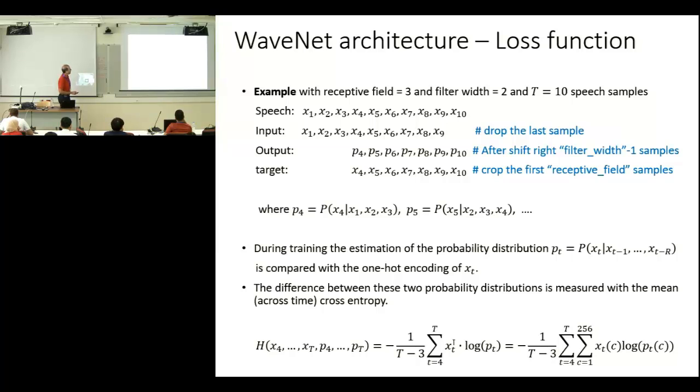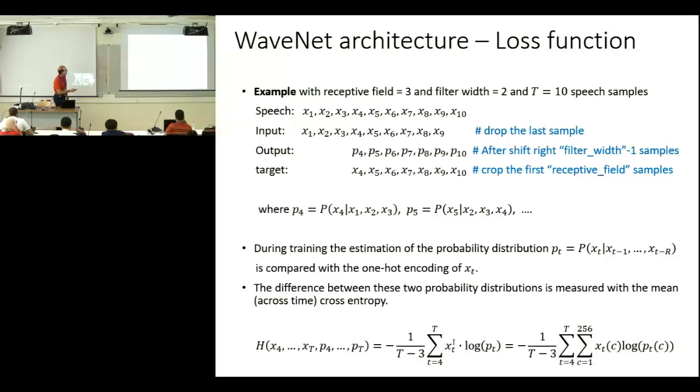And now we will see how we model the loss function, because we have this output of the network and this is the target. If we have two distributions, a very good loss function to measure how close this distribution is to this distribution is the cross entropy. So we use the cross entropy between the prediction of the network, which is P4, and the target distribution, which is our initial speech shifted one time sample.